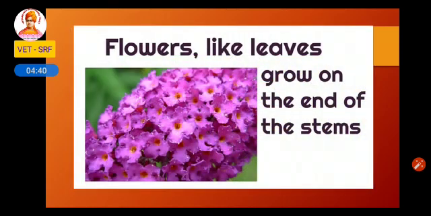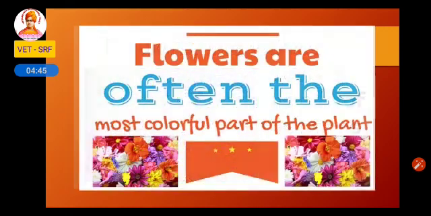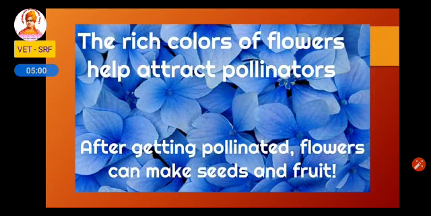Flowers, like leaves, are also grown at the end of the stem. Flowers are often the most colorful parts of the plant. So you could see different colors in different plants. Different colors of flowers will be seen in the different plants. The rich color